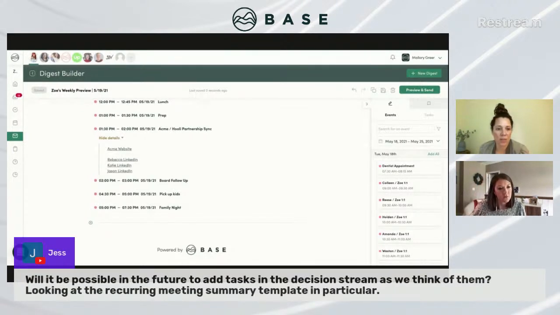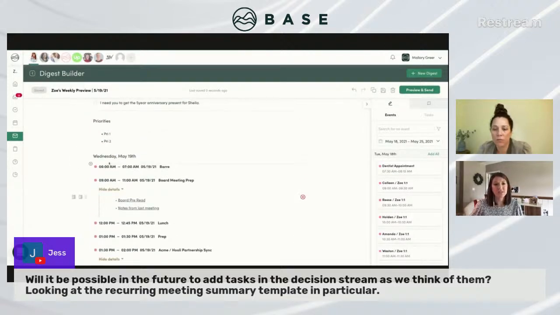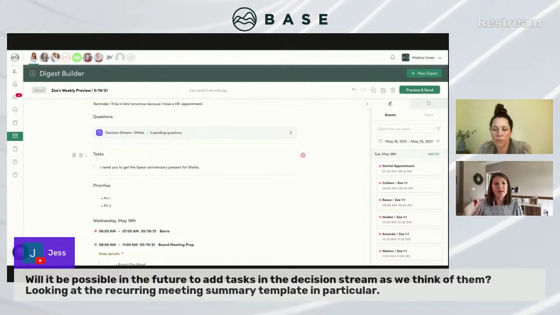Jess would like to know, will it be possible in the future to add tasks in Decision Stream as we think of them, looking at the recurring meeting template in particular? So I might need, will it be possible? Oh, yes. So great question, Jess. You actually can do that already. So let's say I'm in this particular